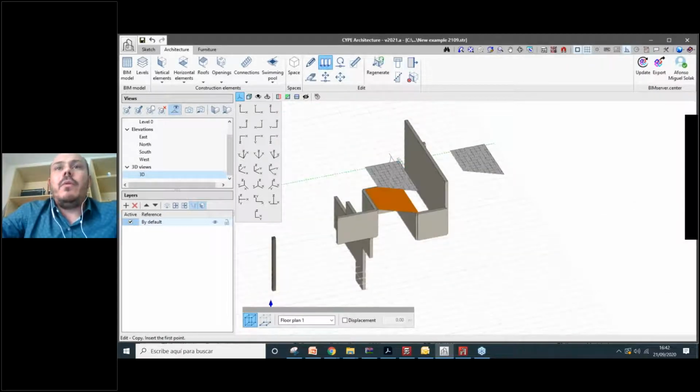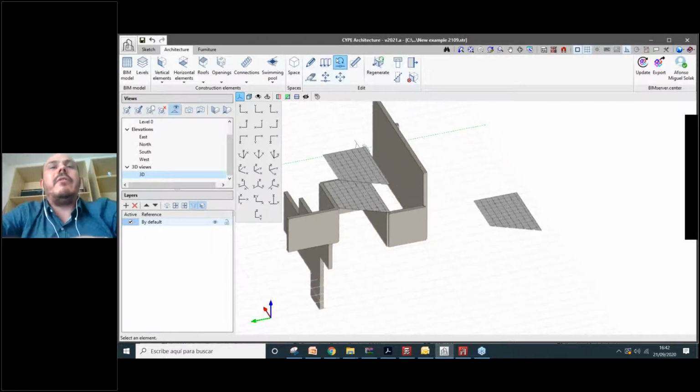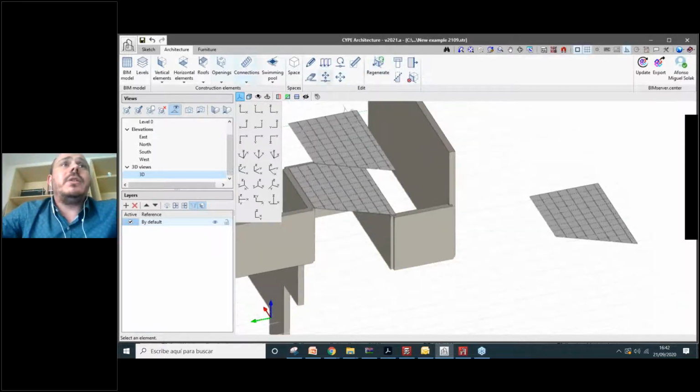Okay, we can move these elements. These kinds of tools are very common. We have the same tools in other software. Okay, here also inside of the